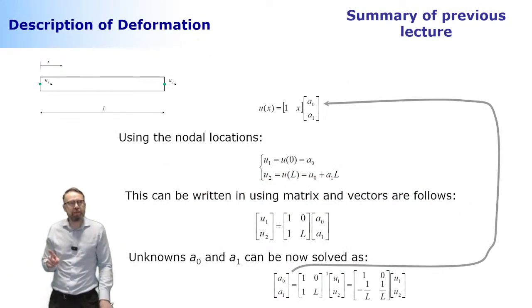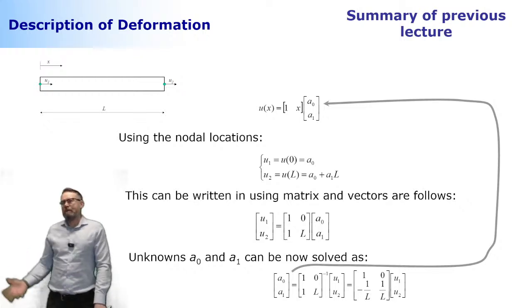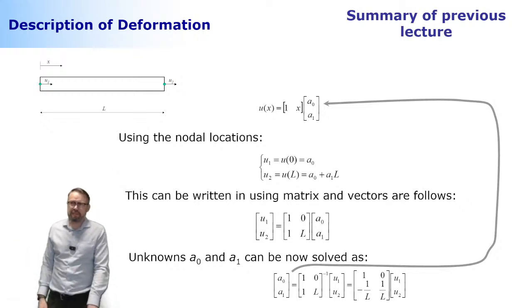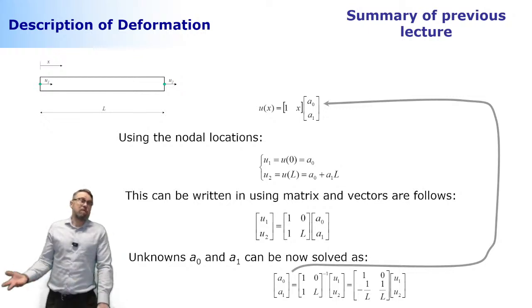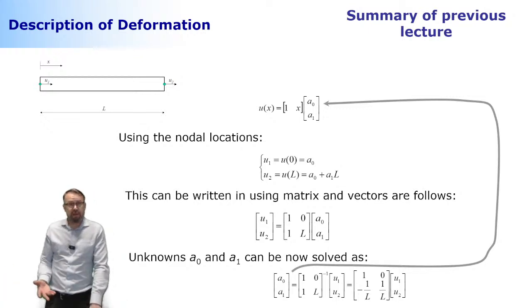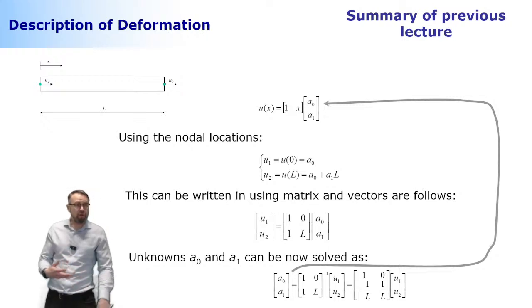How does the finite element method work? The finite element method comes from the polynomial expansion. This is a little bit of an extreme statement, but the soul of the finite element method comes from the polynomials. But there are alternatives to the conventional finite element method where the polynomials are replaced by something else, like NURBS. NURBS, which is non-uniform rational B-splines. And NURBS are the technology behind the CAD software.